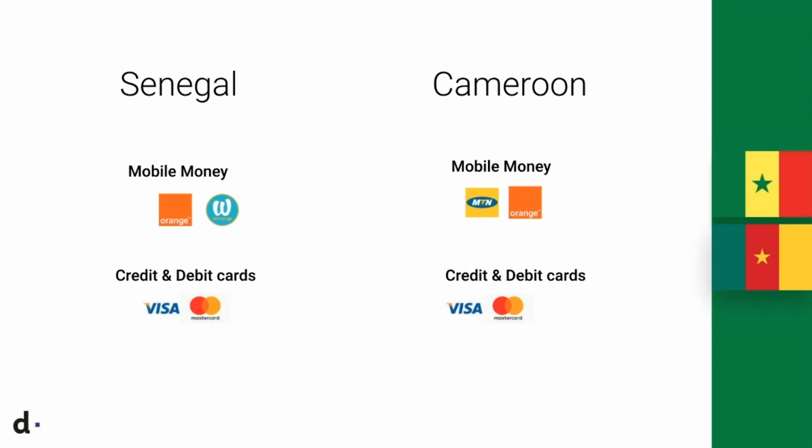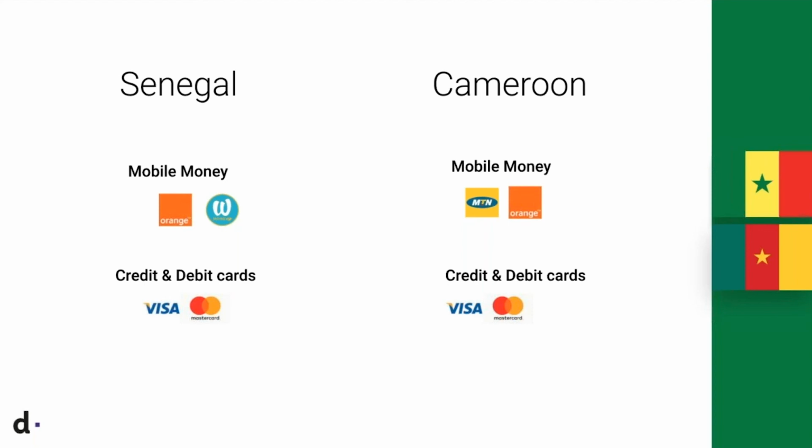And then the cards, again, are Visa and MasterCard. There are indigenous card schemes in all of these countries, but again, because the financial institutions are more affiliated with Visa and MasterCard, that's why you find them cutting across. But one thing to note about Orange and MTN also is that they have an interesting partnership that allows for interoperability and simple, easy cross-border payment through a single API called Mowali.